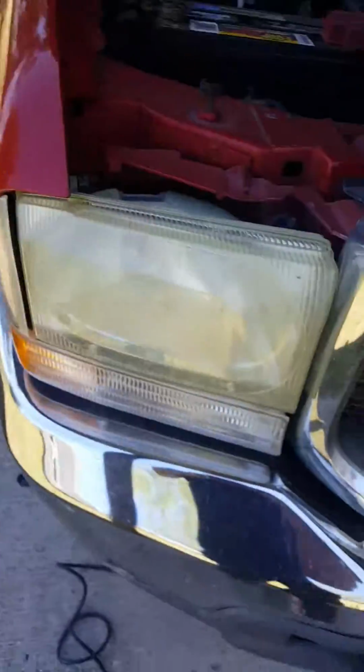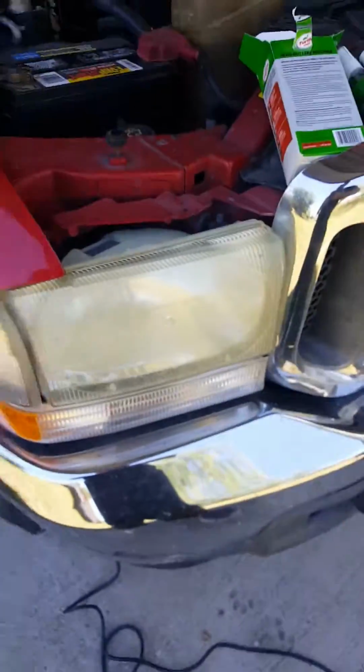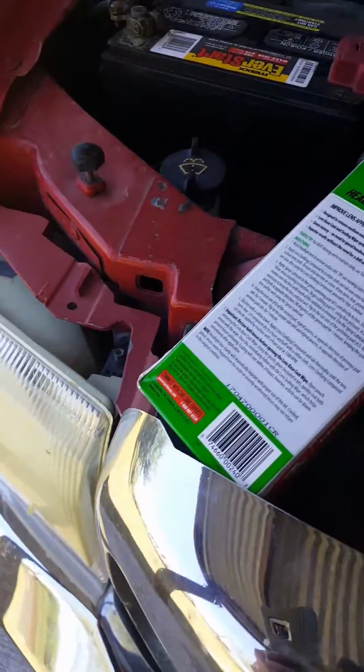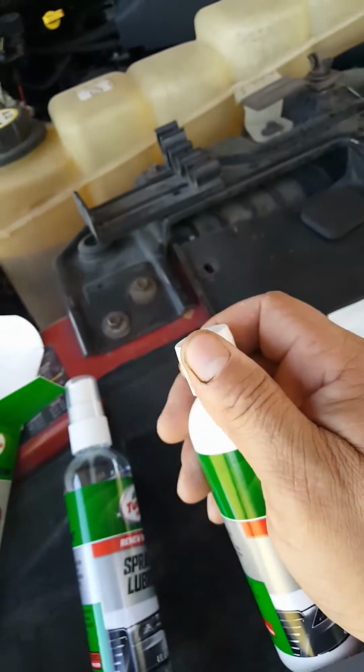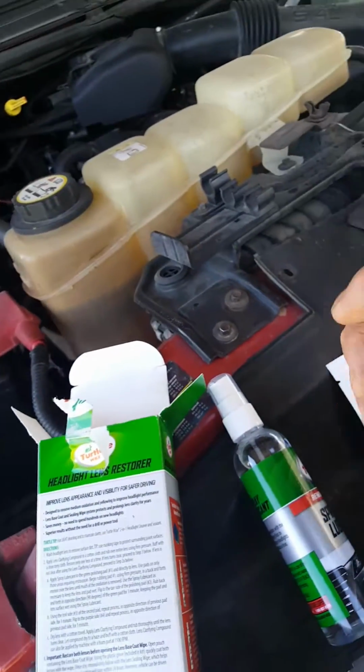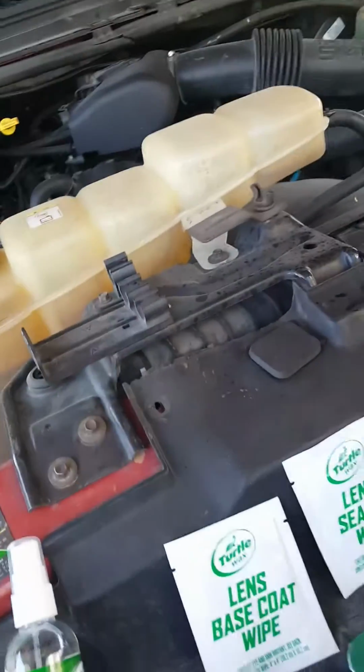So we're going to start with this one, and I'm going to apply. It's hard for me to work with both hands, so I'm going to leave you right here for a little bit. See if this one is open. Nope. It needs to take that little seal off the top of the bottle. Right here, you gotta take it off, and then take the little sealer off. Then it says